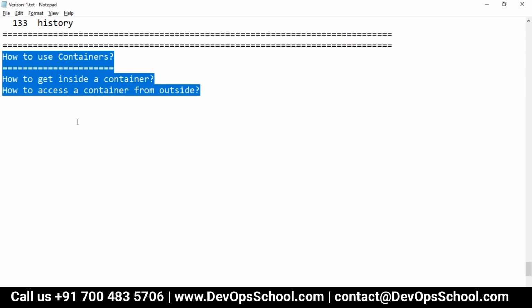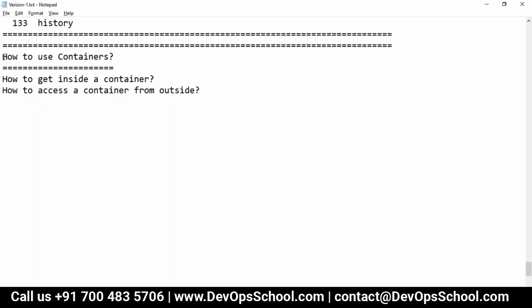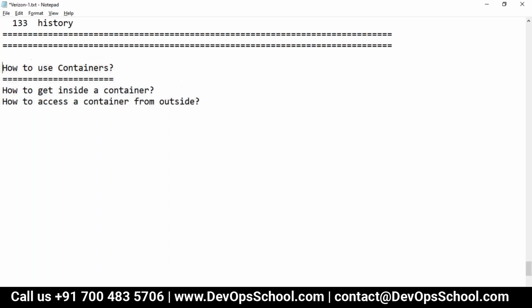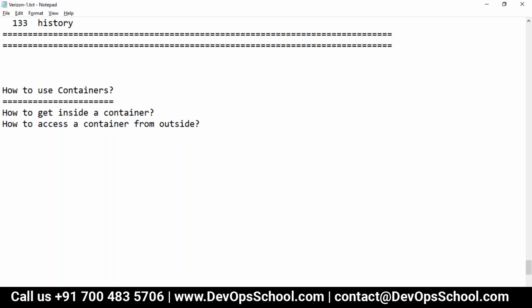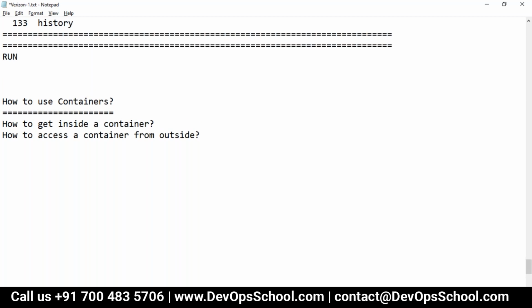But before that, I must tell you one more thing. The thing which I'm going to talk about is just a shortcut, a command which we call run. What is run? So guys, in Docker, there's one command which is called run, and run has multiple behaviors.